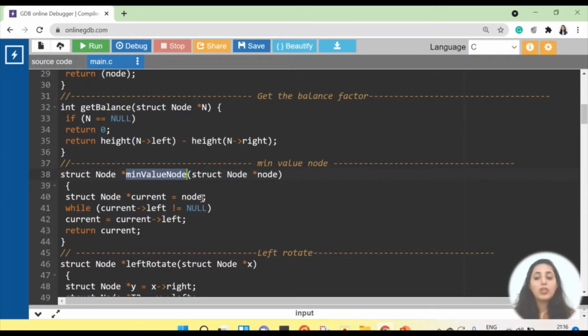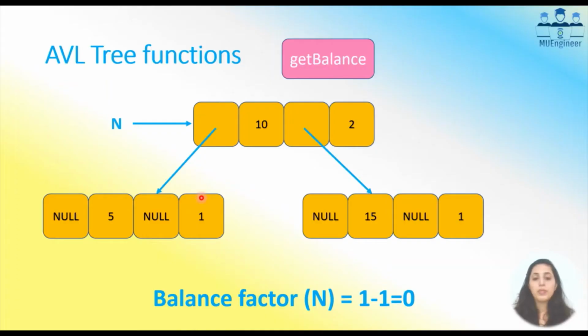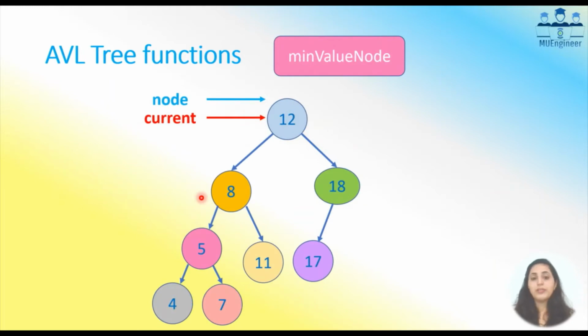So sometimes I need to find out the in-order successor of a node. In-order successor means if I am reading my tree in in-order traversal sequence, which node comes after the given node? That is nothing but a successor. So normally, for any node, its in-order successor is always found in the right subtree of that node, and that value is the lowest value in the right subtree. That means it is the leftmost element in your right subtree. So the minimum value node function will give that.